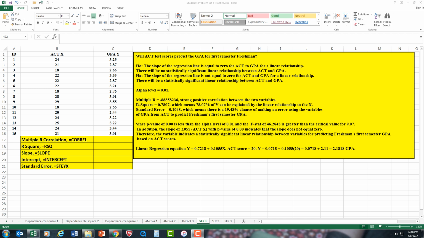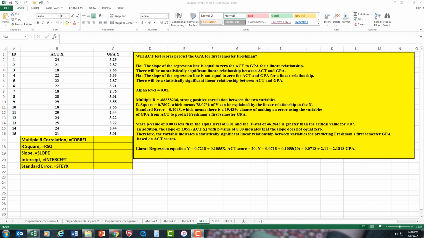Hi everybody, what we're going to do in this video is I'm going to show you how to construct or calculate a simple linear regression. Our main goal is to get the correct numbers for the linear regression equation, which should be this right here. What a linear regression does is basically try to predict what might happen in the future based on collected data. In this case, we're looking at the ACT tests,